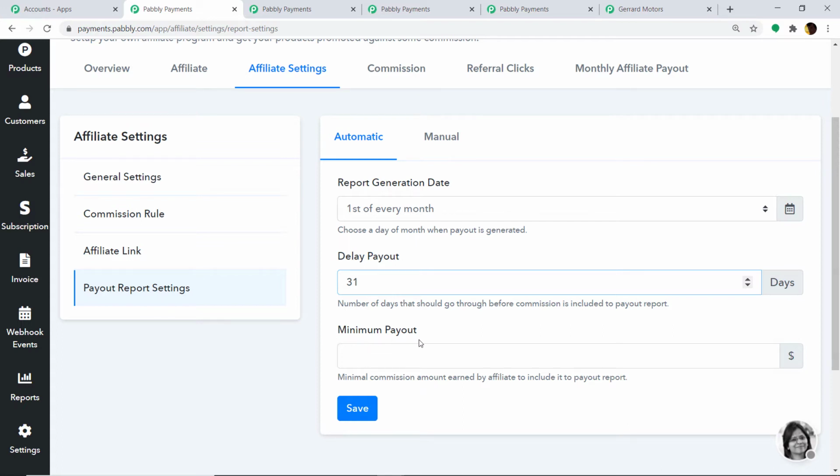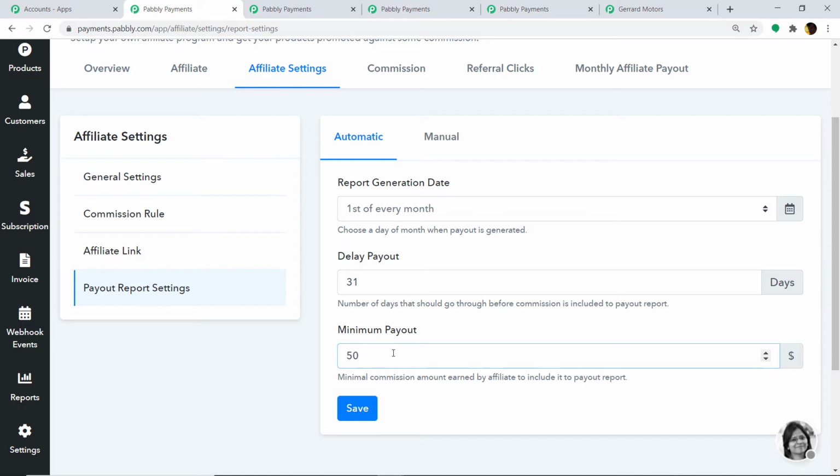Now coming to this part called as the minimum payout. So what is minimum payout? So basically it means that a certain monetary threshold has to be passed before your affiliate partners get paid. For example, if I kept the minimum value at $50, let me keep it as 50. Okay, $50. So imagine this, a customer purchases a product worth $100 and with the 20% commission, you will have to pay the $20. This $20 will not be sent to the bank account of your affiliate partner. This is because we have kept the minimum revenue at $50.